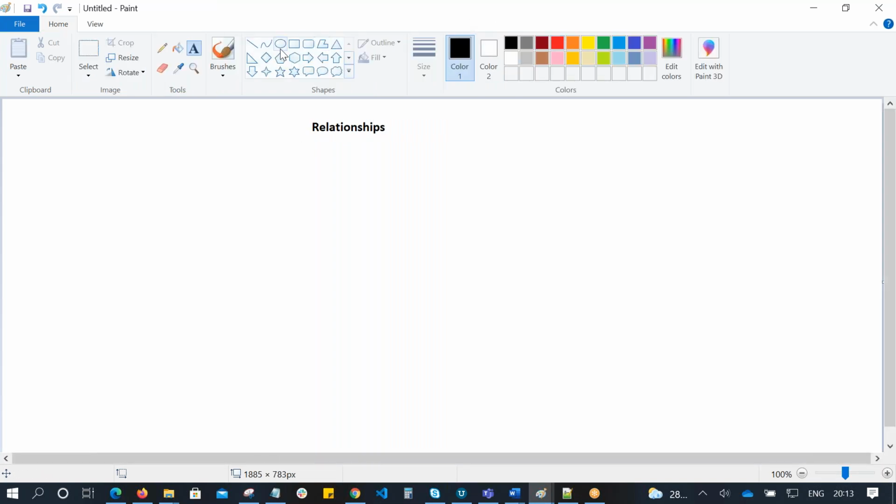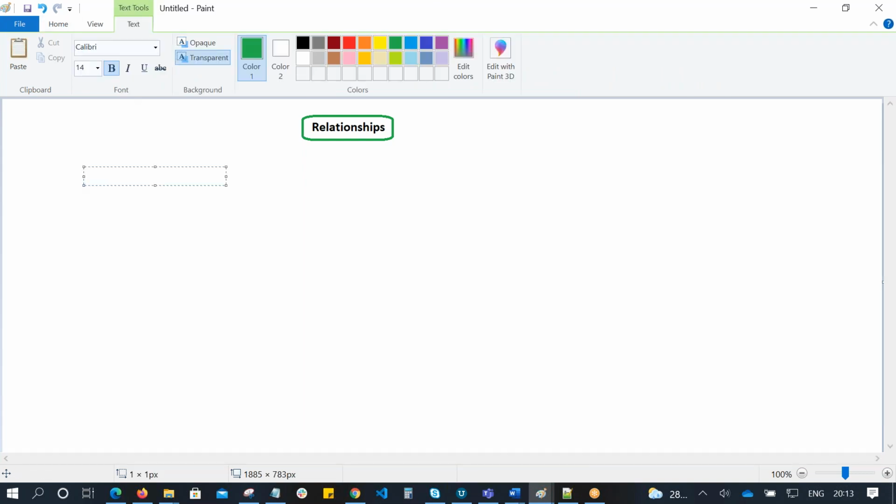So Salesforce provides different types of relationship.